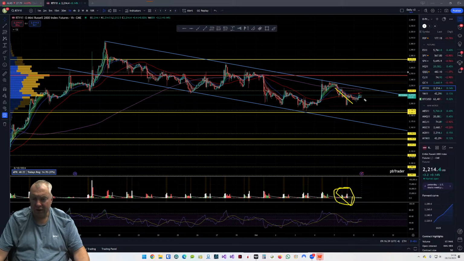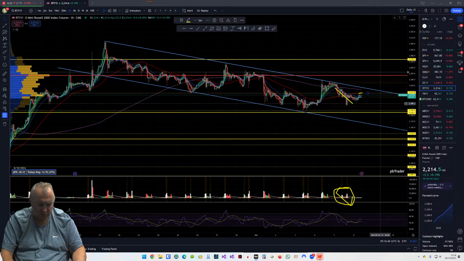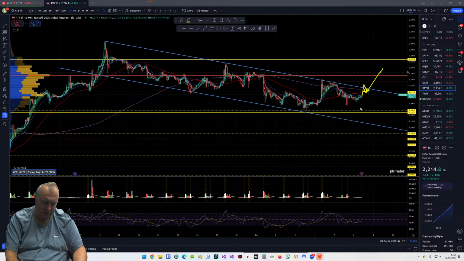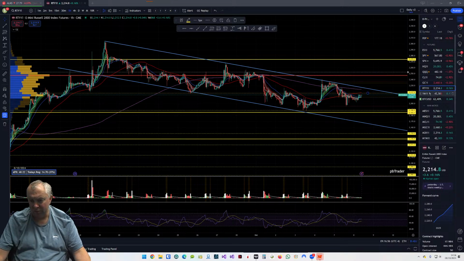So let's watch for a breakout over this level. It's an area of confidence as well, so we really want to get over that 50 moving average first, which is this red line. Break, come back, retest, and look for long, hopefully out of that. That's the only play to watch, and that's around